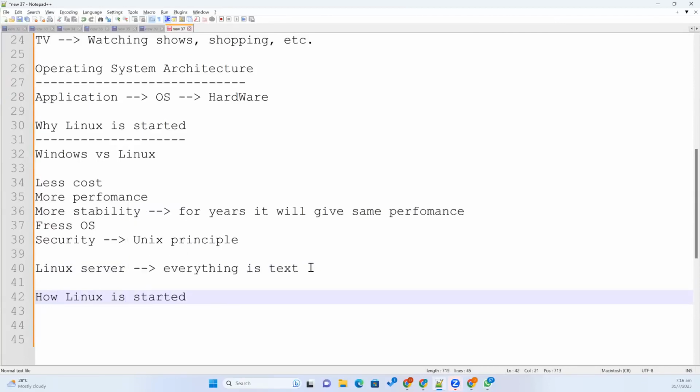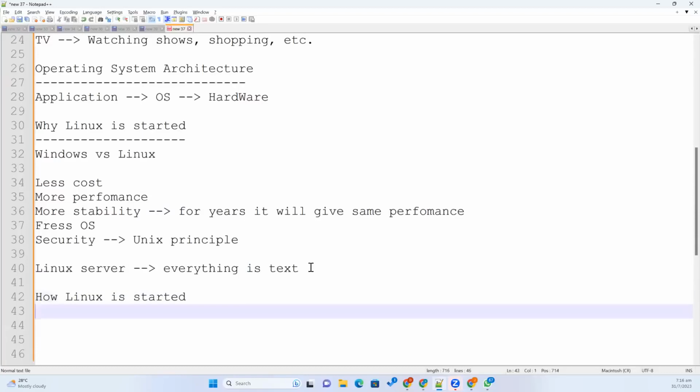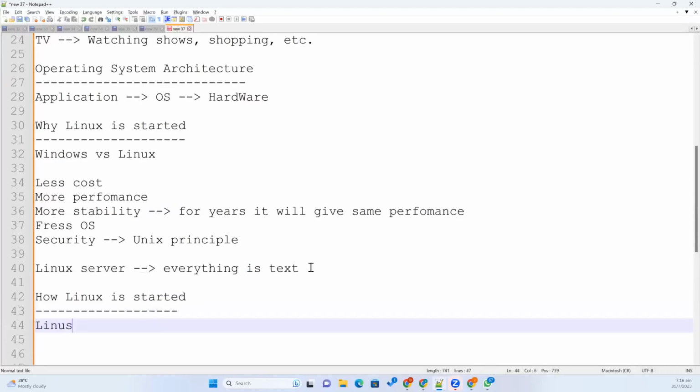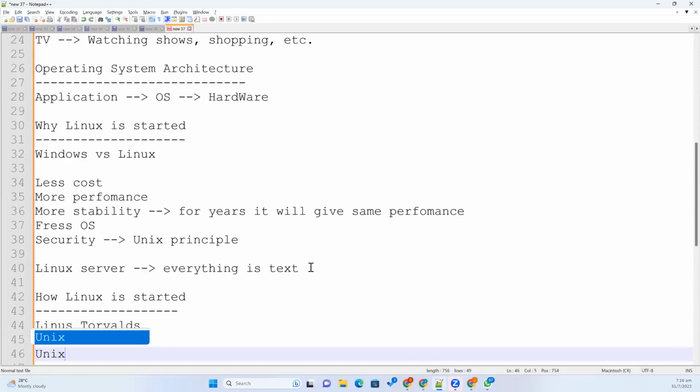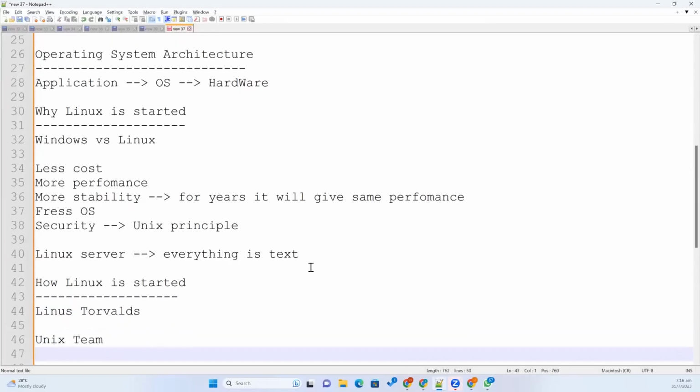So when was it started, and how was it started? A simple story. There is a guy called Linus Torvalds. He was working in the Unix team, and Unix has some